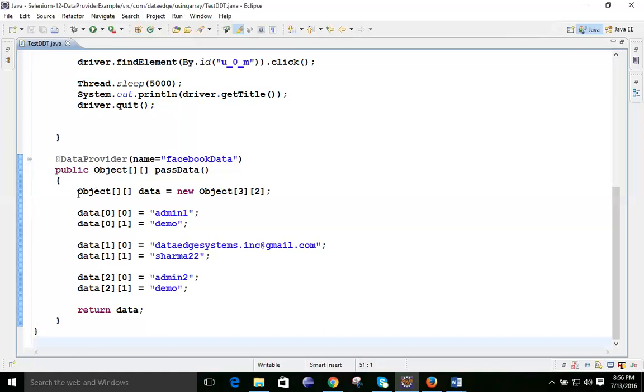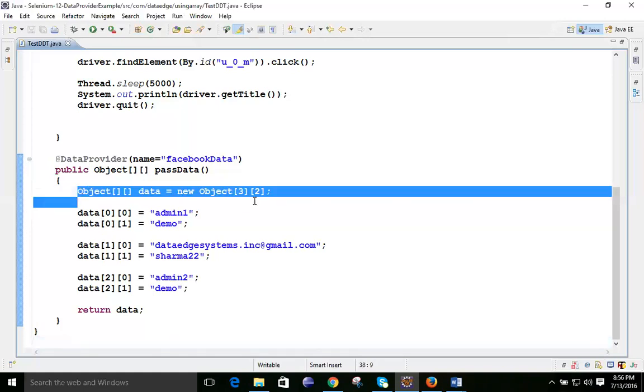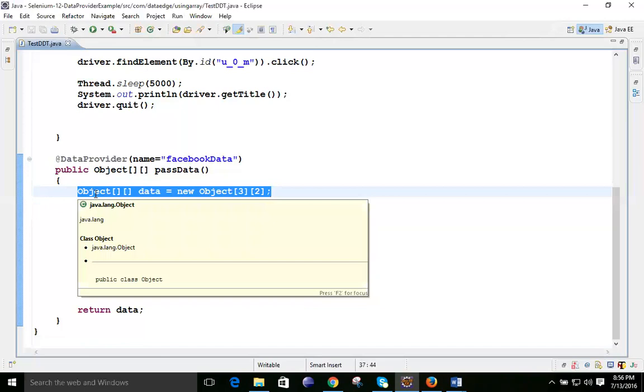Don't worry about this one. You can see this object is a two-dimension array, and we are passing the object. What is this object? Object is the super of everything, whether it is a string or a user-defined array.